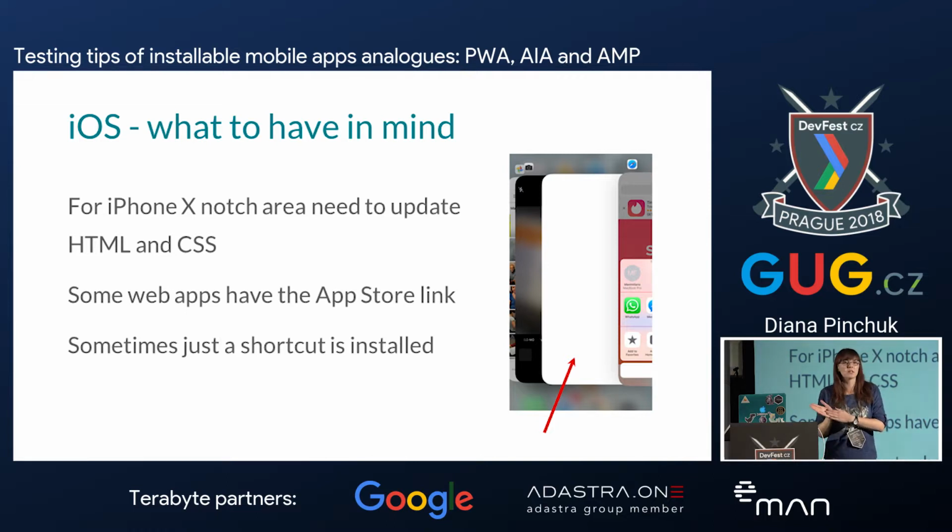Some web applications on iOS will still show a link to the full app, and it breaks the experience a bit because progressive web apps should look and feel like full mobile applications. And if you are putting on the home screen a link like "install our application", it's a contradicting experience because users are confused that they need to install something else. And sometimes just a shortcut to the web app is installed. As you can see on the background, there is only a white screen, no data saved, unfortunately.